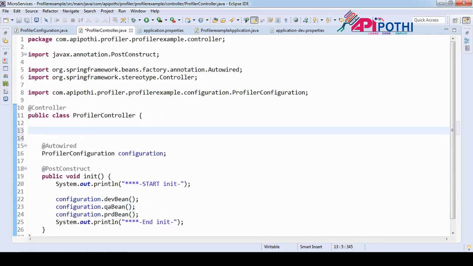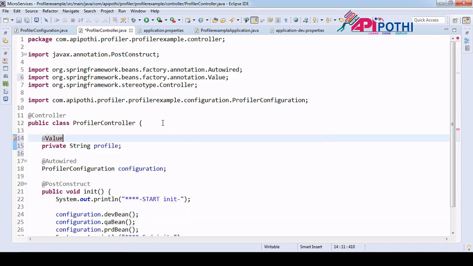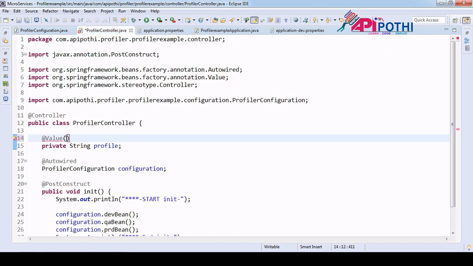For that, private String profile. Okay, and on this I am going to put @Value. This annotation will help you read the value from our application.properties file. So go to the dev, since I want to read from the default only. So this is my key, and this key I need to paste it here.